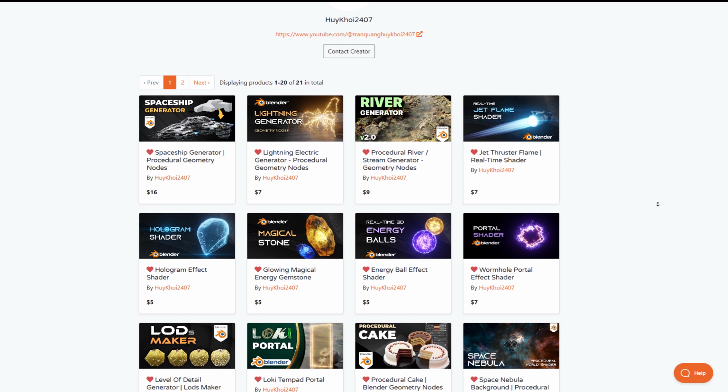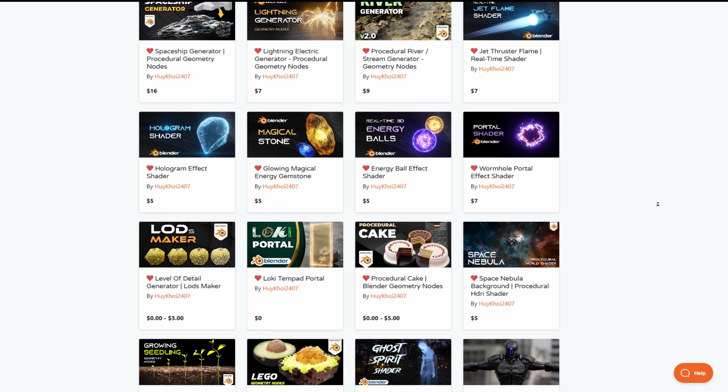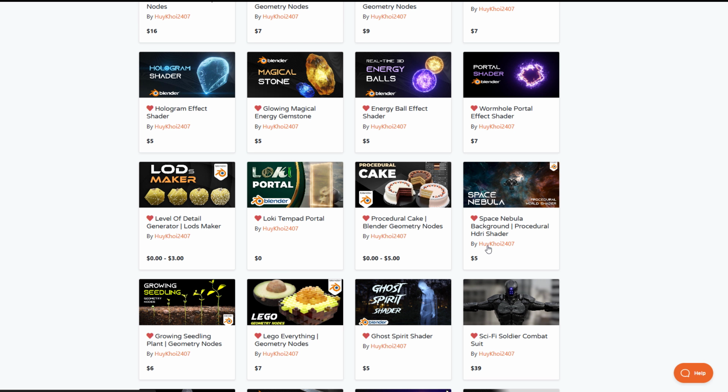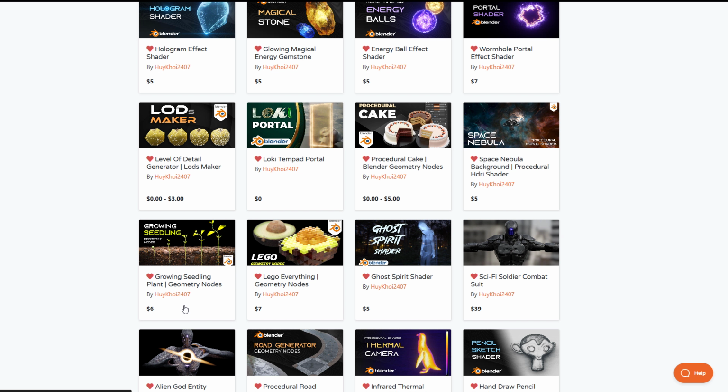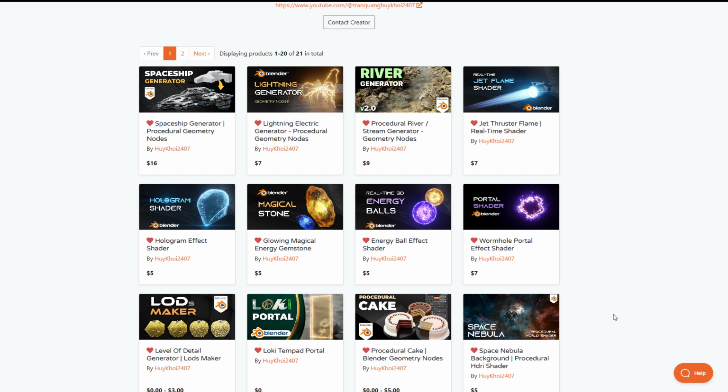And for those that are into jet fuel, magic, and also some impressive effects, then you might want to consider taking a look at the hologram effect, the glowing magic energy gemstone, the space nebula, the Loki tempered portal, which you can actually get for free, the glowing seedless plants, the Lego everything geometry nodes, and a lot of others. So if you'd like to get some procedural stuff that can do effects, also impressive things that you might just want to throw into your scene and get them going, then you might want to consider coming over to